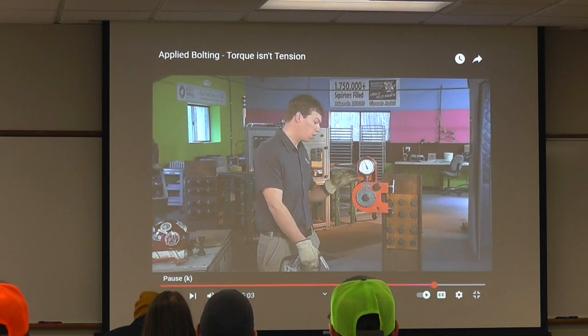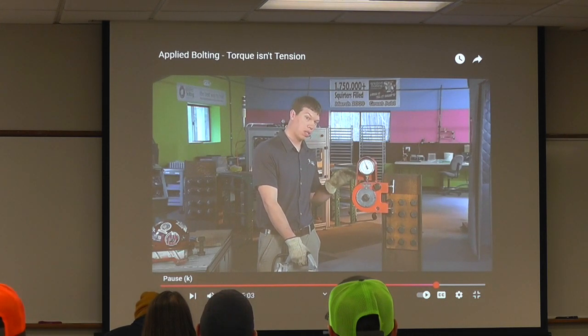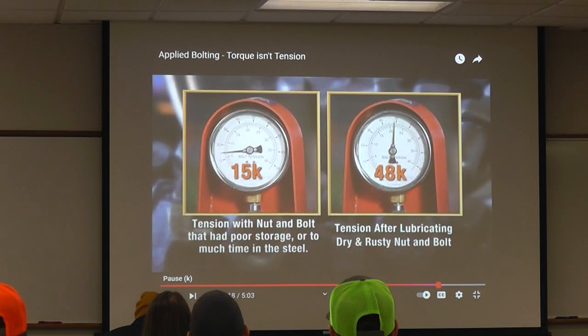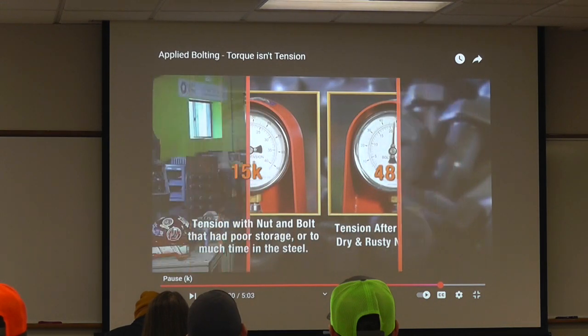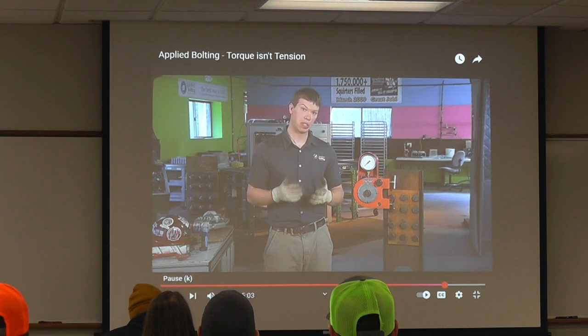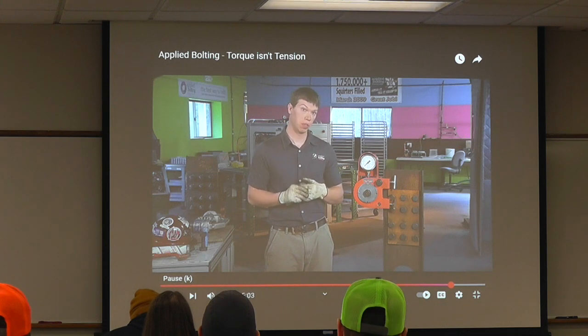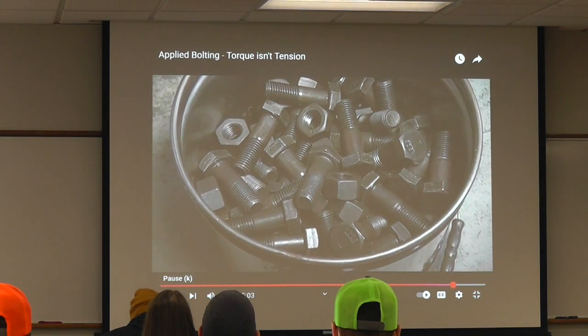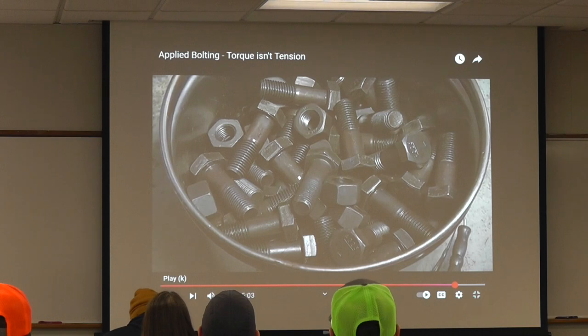By lubing the washer face of the nut and by lubing the threads of the bolt, we're able to more than double our load. As you can see from this demonstration, torque is not a reliable means of measuring bolt tension. We tighten 2 bolts and achieve 3 different loads because of the varying degrees of condition of those bolts. The first bolt we used was the 7/8